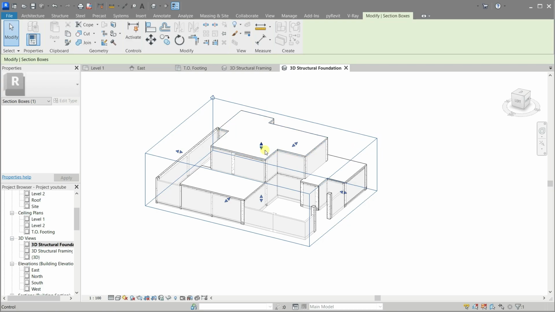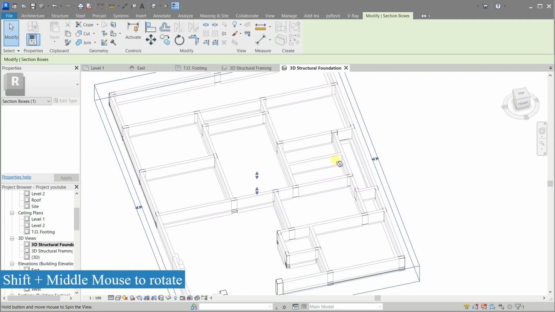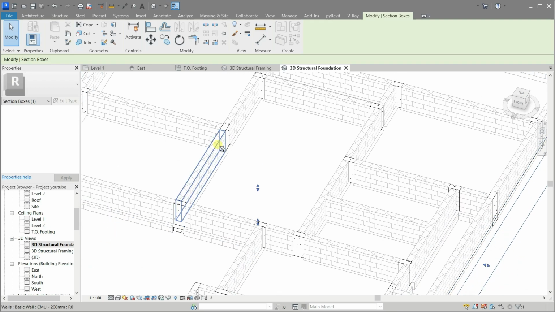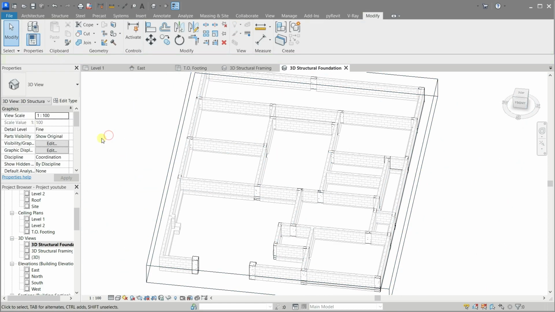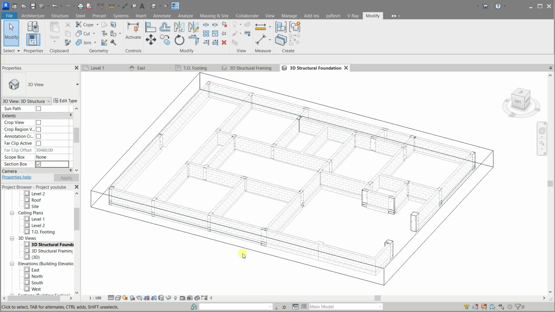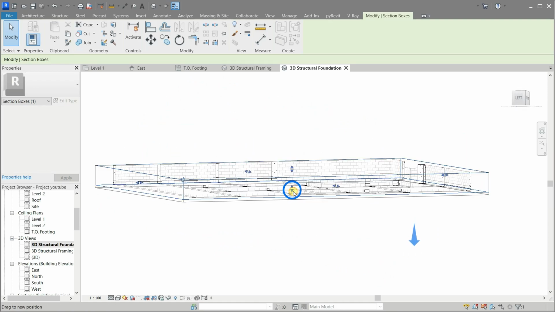Click the box, then select the upper handle and drag it down till you see the foundation area. Drag the lower handle also to see the footing later.